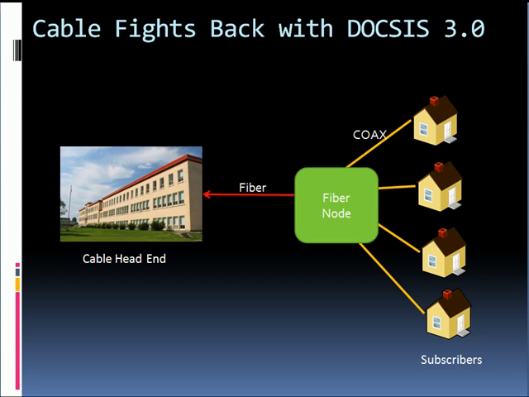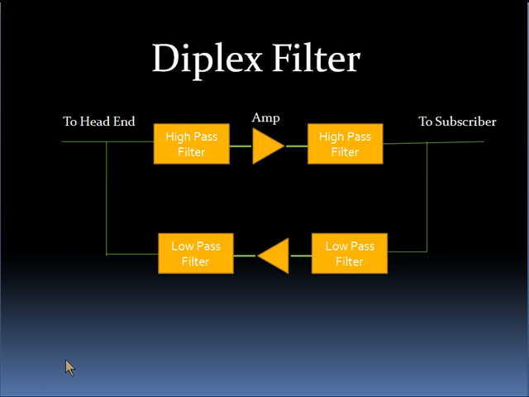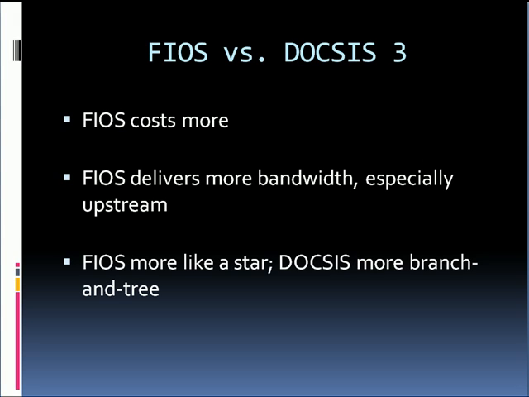However, the existence of legacy equipment inside the cable company's fiber node, specifically the presence of amplifiers and diplex filters, may make it difficult for these companies to reclaim this bandwidth, as many of these diplex filters are tuned to the existing frequency map and cannot easily be changed out without causing service interruptions. Thus, we expect that in the near term, FIOS might maintain a significant bandwidth advantage over DOCSIS 3.0 implementations, especially